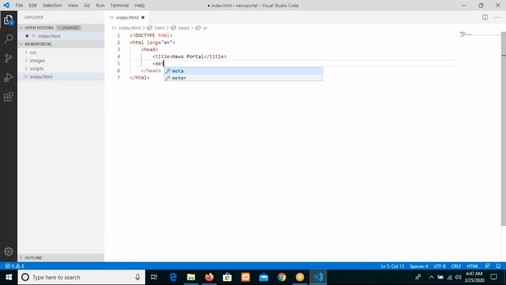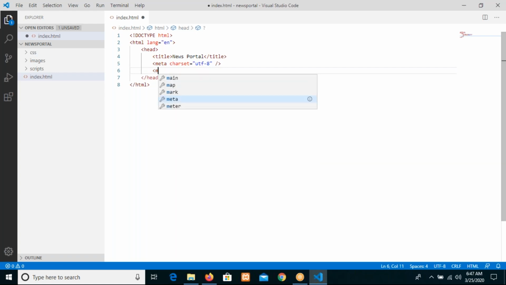Additionally, let us write some meta elements, meta charset UTF-8, which is the character encoding,